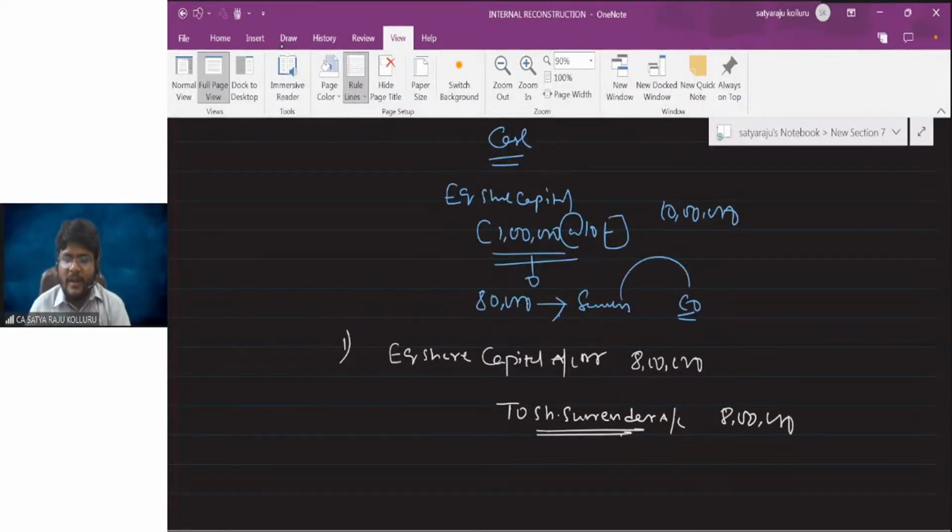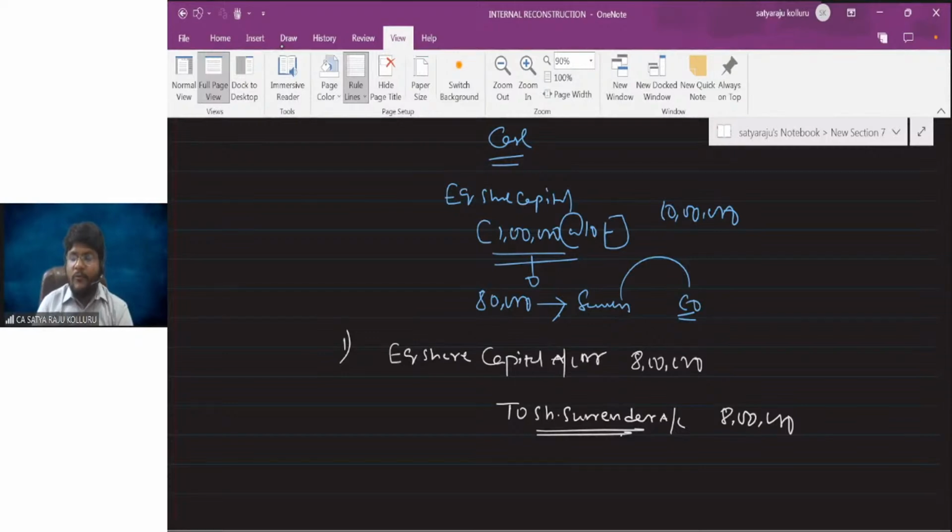Once the shares are surrendered by the shareholder, the company will not go for direct cancellation, because if at any point of time you need to issue such shares to other parties, again you would need to create such shares. Creation of shares involves certain cash outlay. The reason is, if it is a listed enterprise, for the new issue of shares you need to pay the listing fees, and you need to pay the stamp duties. All such things are going to occur.